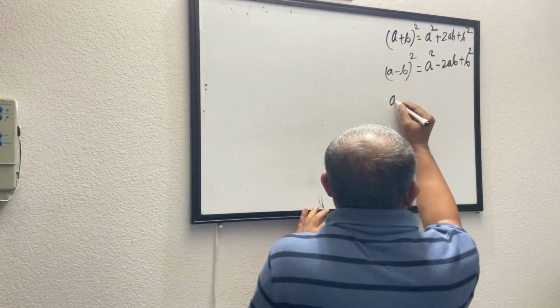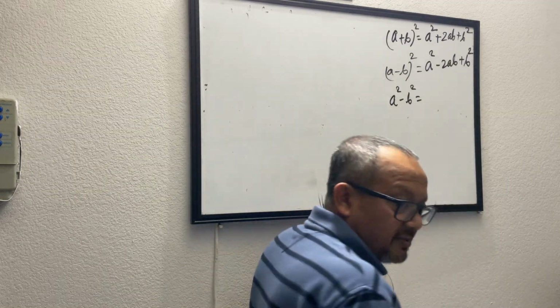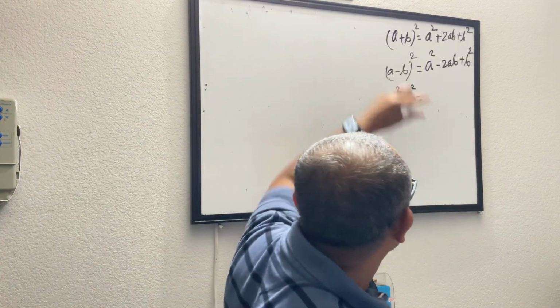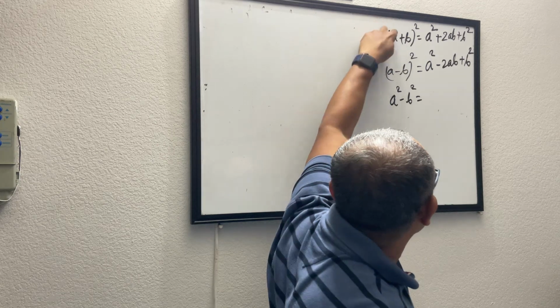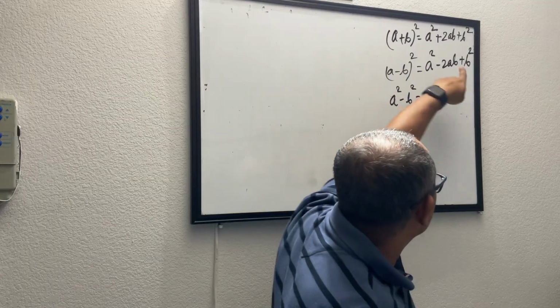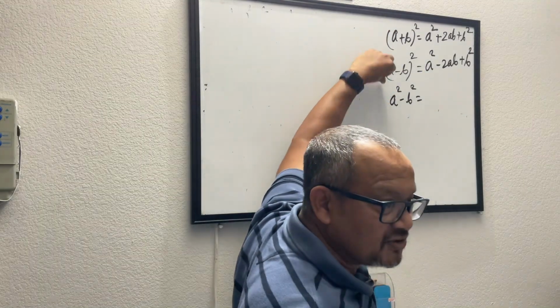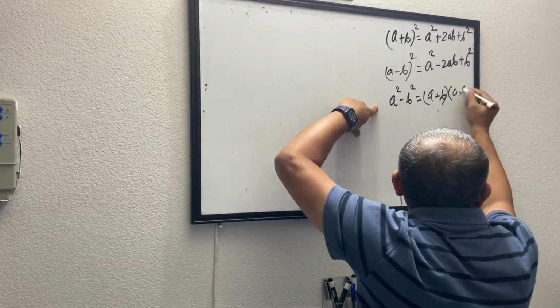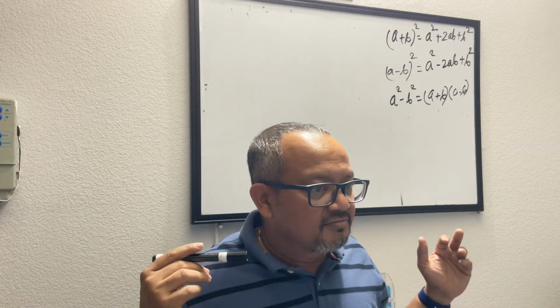And how much is A squared minus B squared? Anybody? A plus B whole square, there is a plus, that gives you this formula. A minus B whole square, there is a minus, gives you this formula. When you take a mix of these two, that gives you A squared minus B squared, which is A plus B times A minus B. Yep. There are three formulas that will remain as a basic building block when we are dealing with quadratic equations, polynomials, parabolas, whatnot.